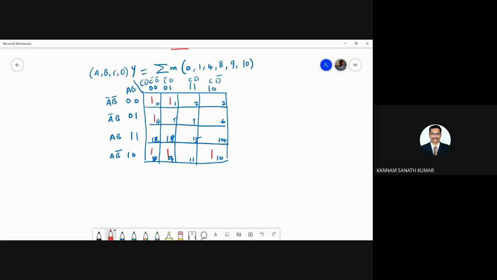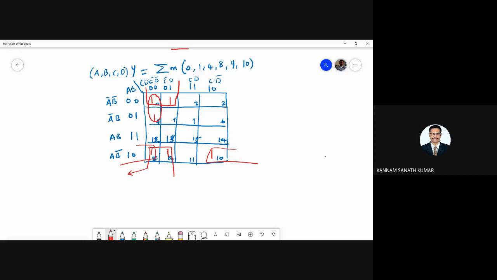Okay. So if you combine, what you are getting, combining these two ones, adjacent means corner ones, this makes a quad. So first of all I am grouping this, and next this makes one pair. Again this one and this one make one pair. You need to identify how many quads and pairs. So this is a quad.